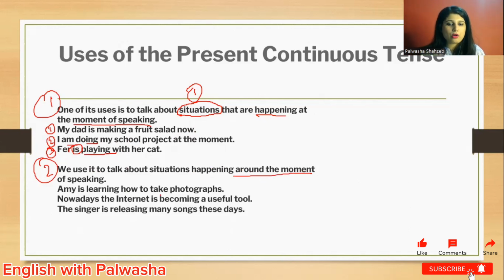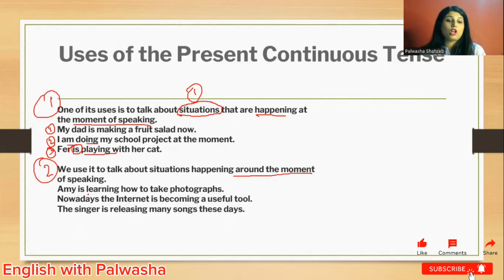Amy is learning how to take photographs. Let's suppose somebody is capturing my video. So I'll say that Amy is capturing my video right now, right? Something which is happening around the moment of speaking. I am speaking, but what the other person is doing is also happening